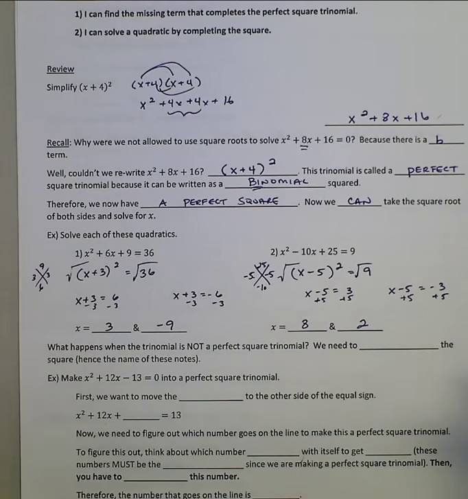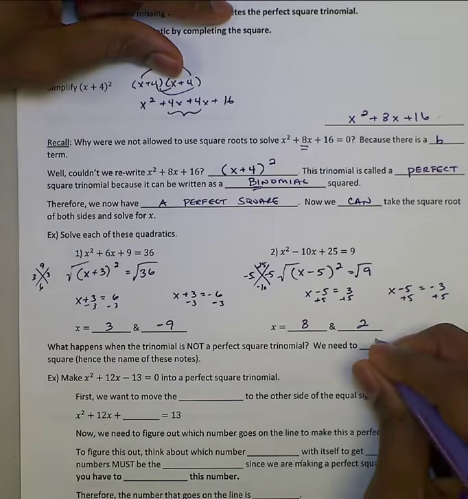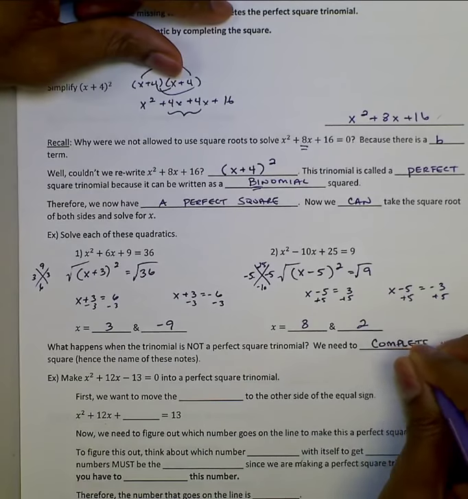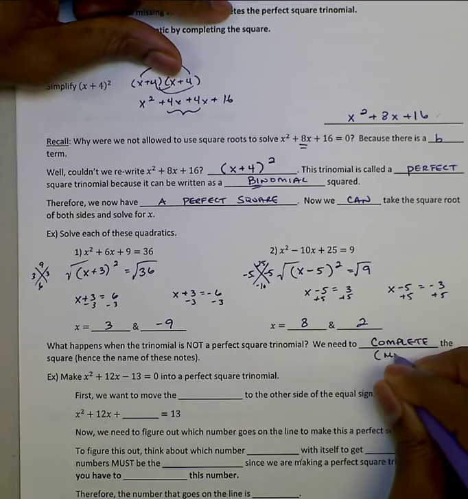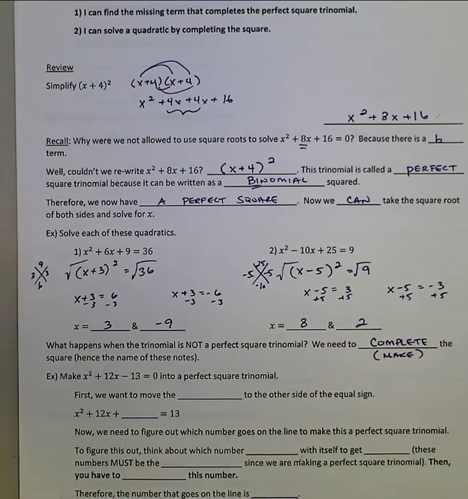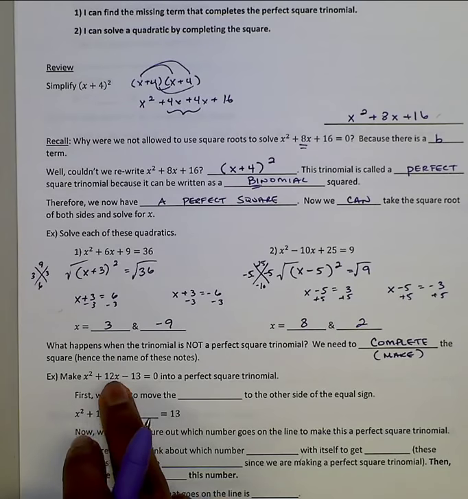Okay, now, that's well and good when we have a perfect square, but what happens when the trinomial is not a perfect square? We need to complete the square. Think of it as make it a perfect square, but complete the perfect square. Okay, and hence the name. So here's what we do. If we're given something that's not a perfect square, as we are here, x squared plus 12x minus 13,